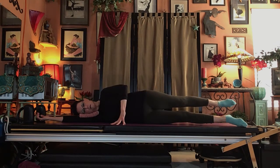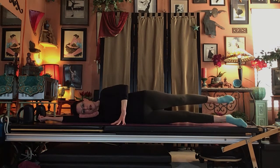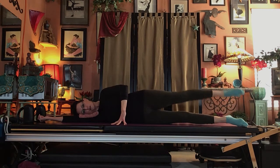smoothly. It's like a pendulum, but it's smooth. So like those old-timey grandfather clocks that have the big swinging pendulum. It's very smooth and very fluid. No jerkiness. And hold and stack it over the bottom leg and a little circle forward for 1, 2,